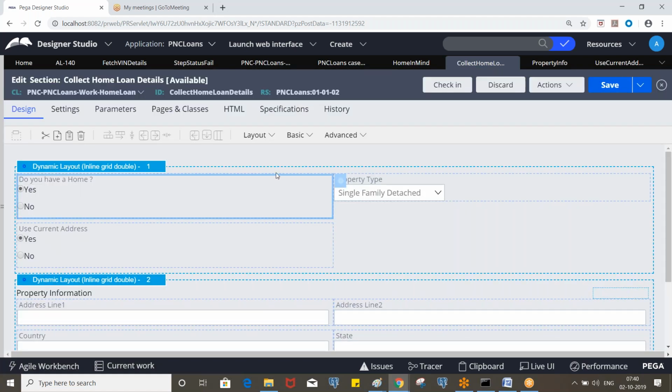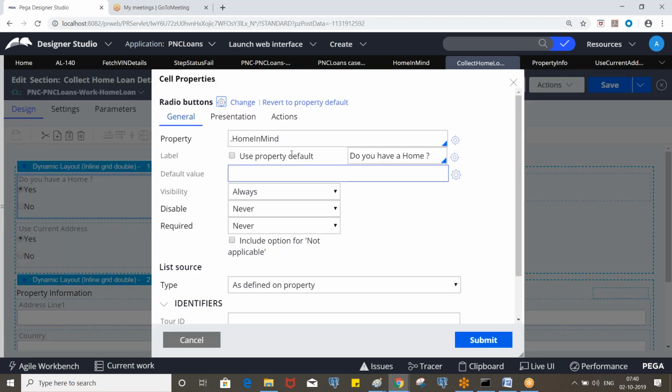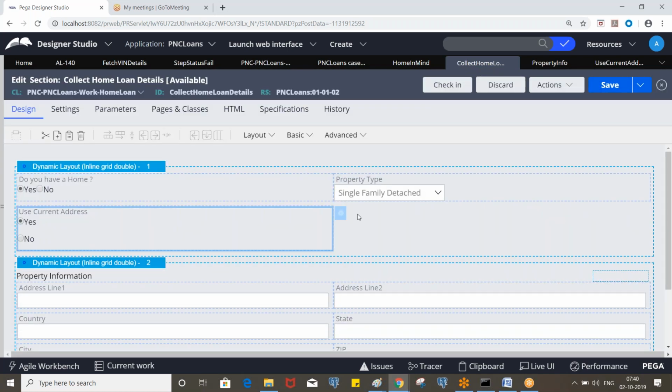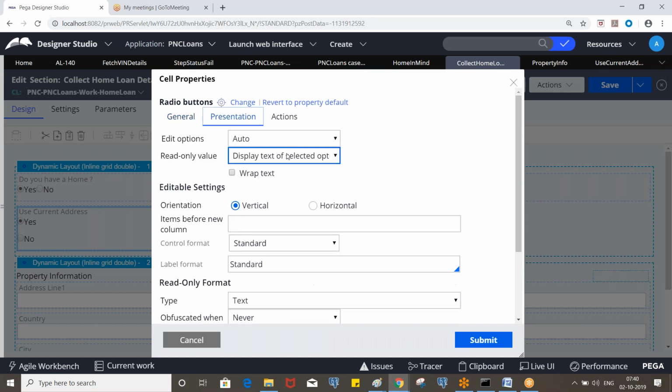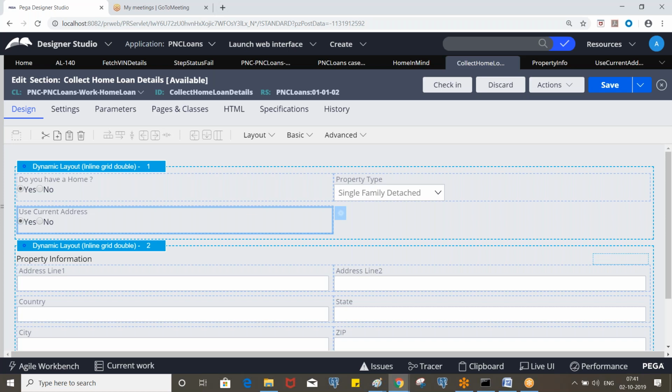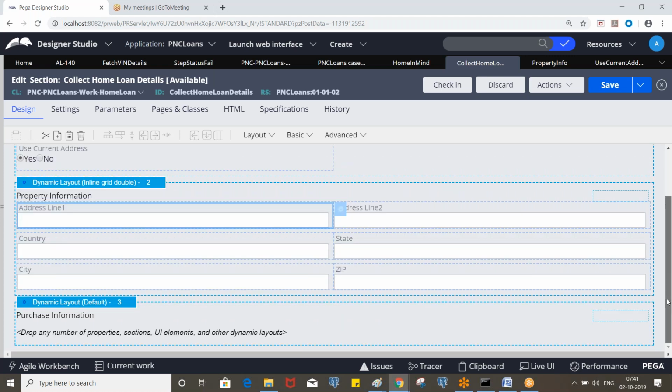Now see, if you want to change the presentation, these values are getting displayed vertically, and you can display them horizontally, like this. Clear? So now we created this property, use current address, and we created a property info page property also, right?